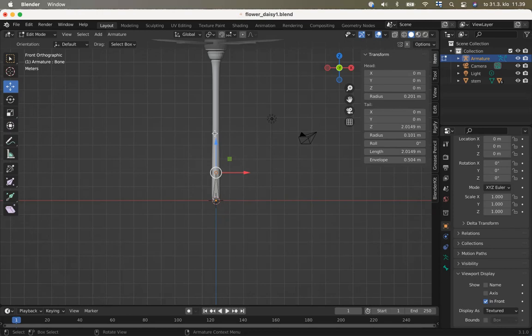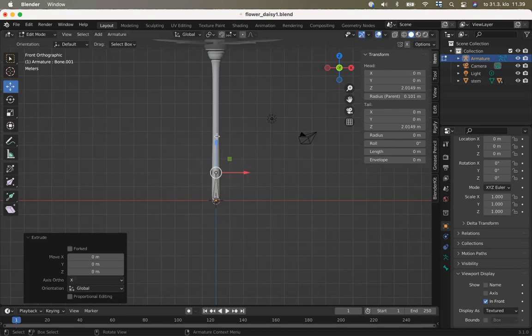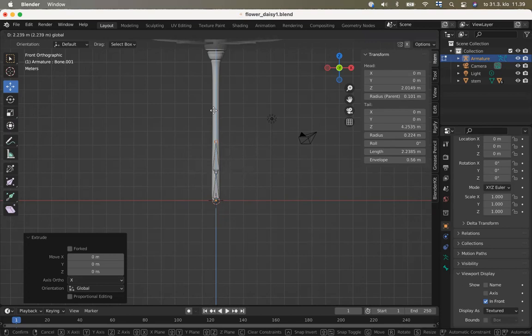So now I click E on my keyboard for extrusion, and right away after that, I click enter. And now I can draw the bone out directly with the